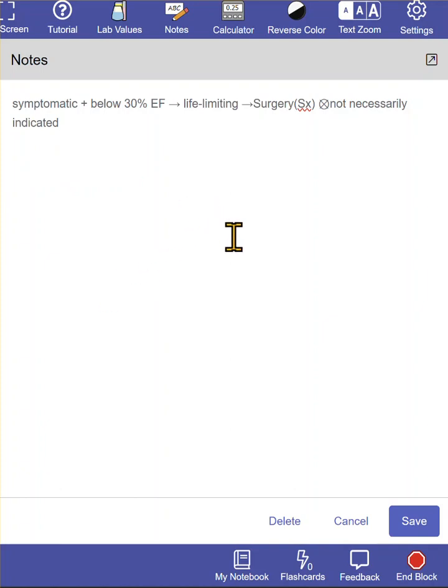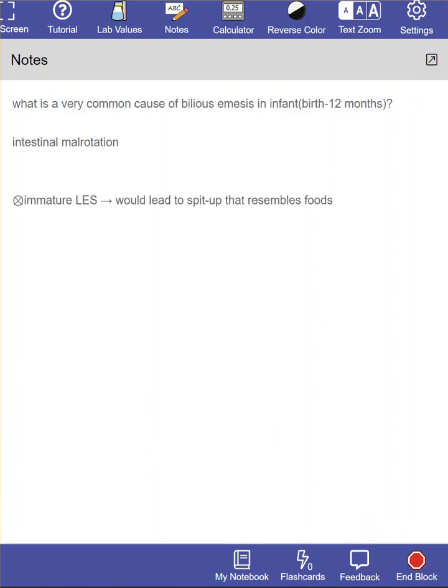Whereas asymptomatic and left ventricular ejection fraction above 60%, it's not worth it because the morbidity and mortality is not high enough to justify this like intense intervention. So surgical repair is such a risky thing in and of itself that you have to consider the risks and benefits of doing it. So you need to be between 60 and 30%